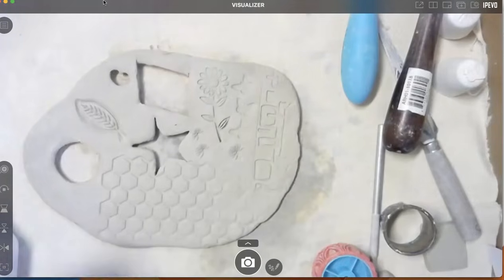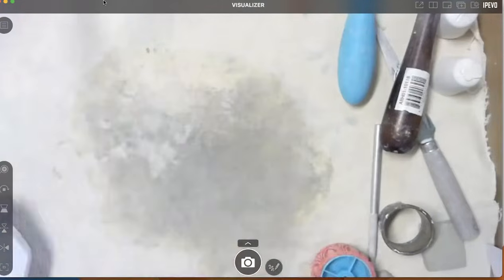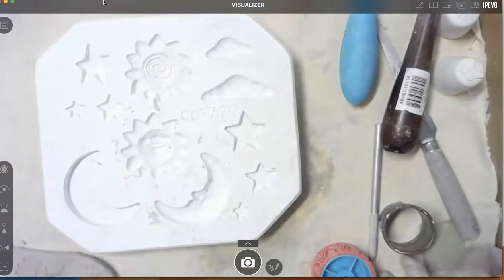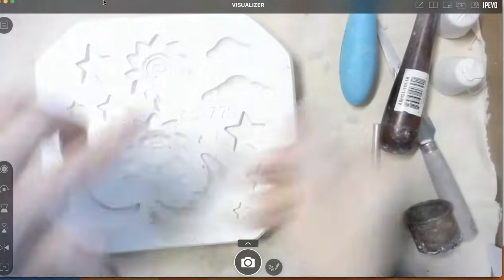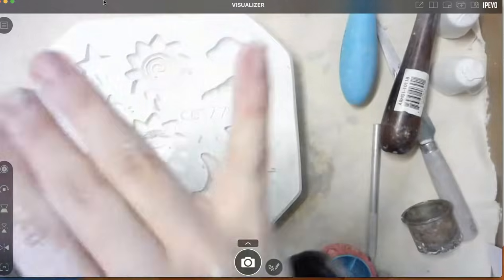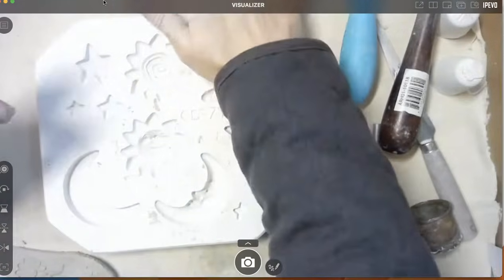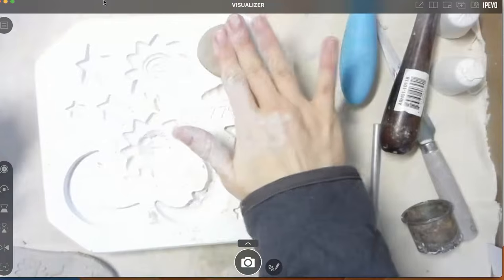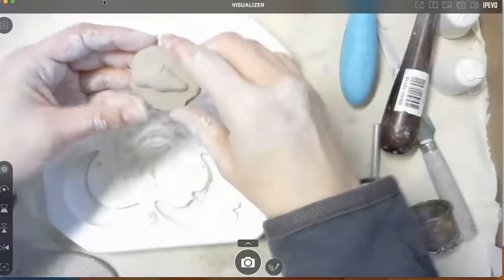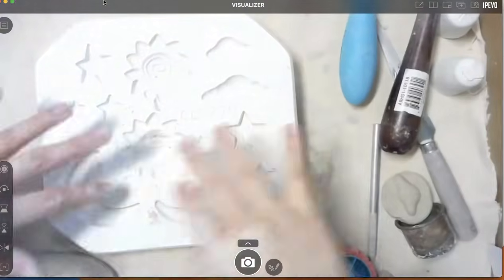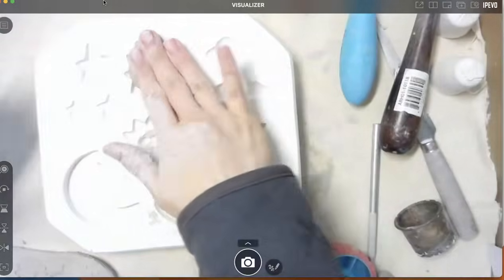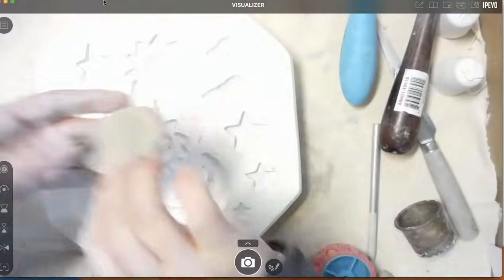But let me show you another cool tool you can use. I have a series of these. These are called sprig molds, and they're made of plaster. So again, you have to be gentle with them. How they work is you take clay and you push it onto the surface, and it makes an impression or a mold of that form. If I push this piece of clay into this top space here, when I remove it carefully, I end up with this form of a cloud. Now I can use this for various things, but that's technically an impression as well because you're pressing it into the surface, right? If I want to take this center part of this sun and remove it, now I have this cool design.